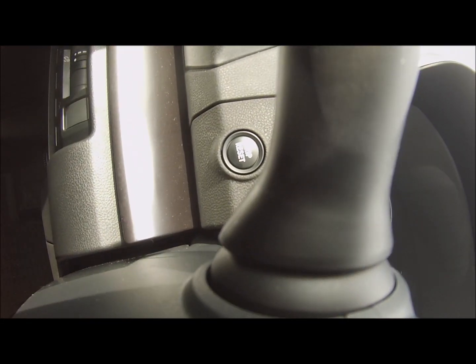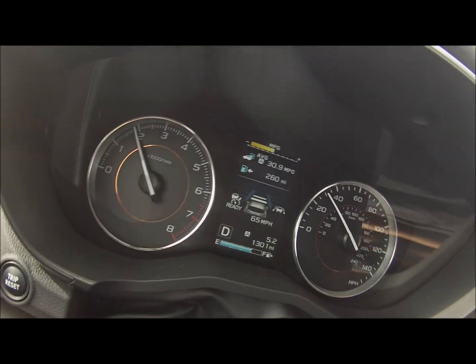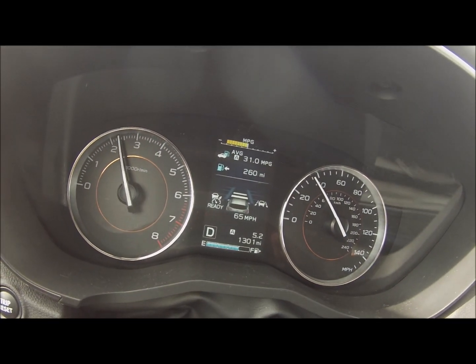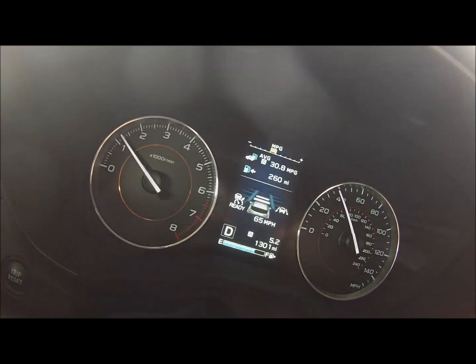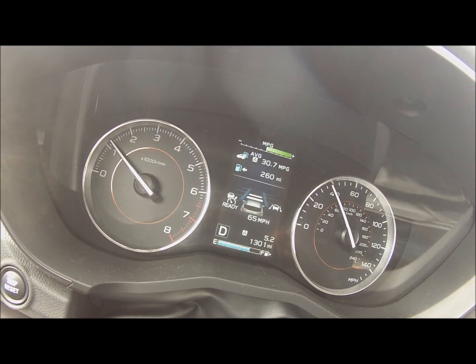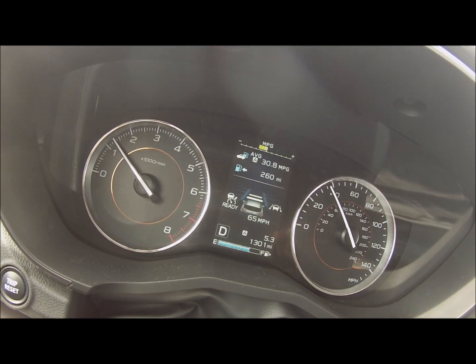Put in normal drive right now. Just wanted to demonstrate the power there, or lack thereof. But yeah, in straights it's fine. Under 60 miles per hour it feels peppy enough, but